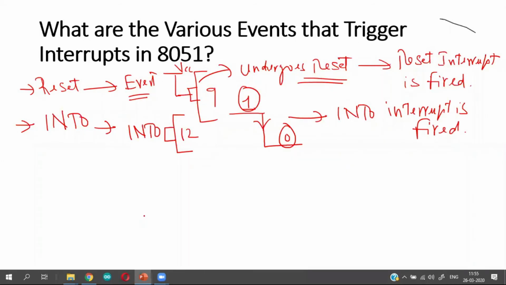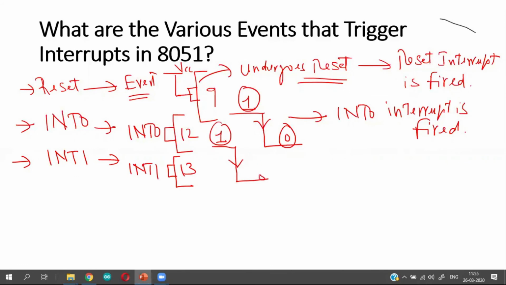Are you able to understand? The external interrupt 0 interrupt is fired when the external pin, which is pin number 12 or INT 0 pin, undergoes a transition from 1 to 0. Similarly, external interrupt 1 is fired when pin number 13 or INT 1 pin undergoes a transition from logic 1 to logic 0.